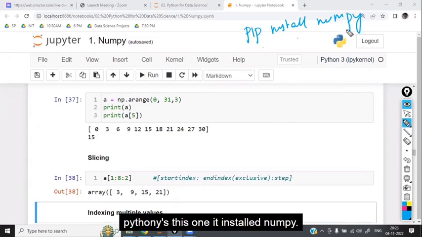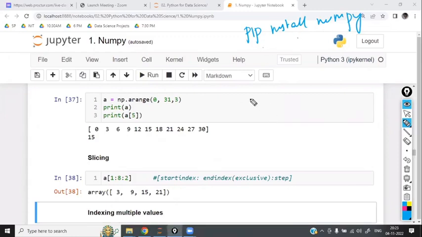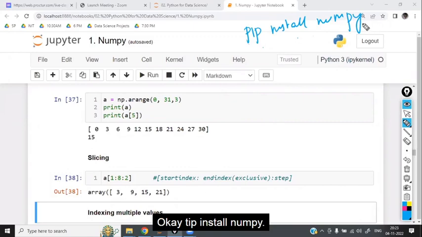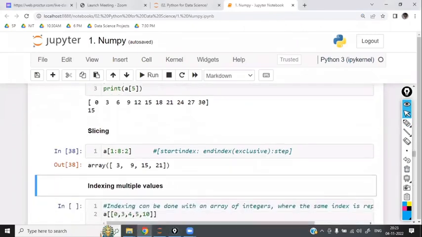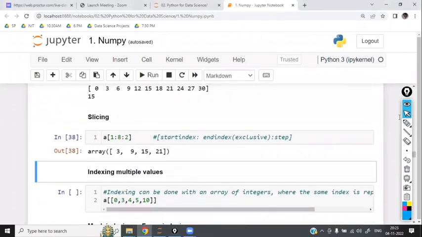Pip install NumPy. No need to install, none of them need to be installed. Okay. Is that clear, guys? Now,